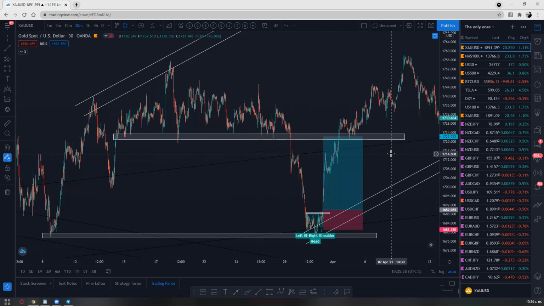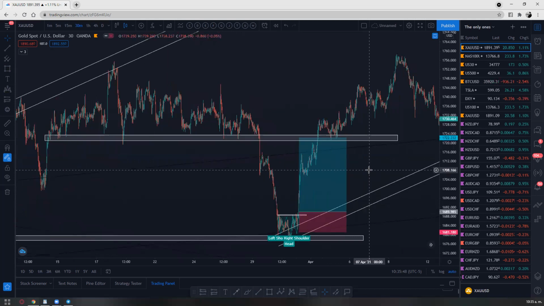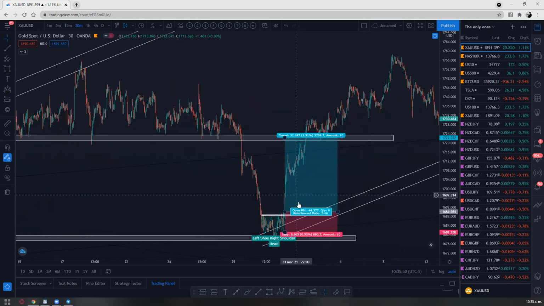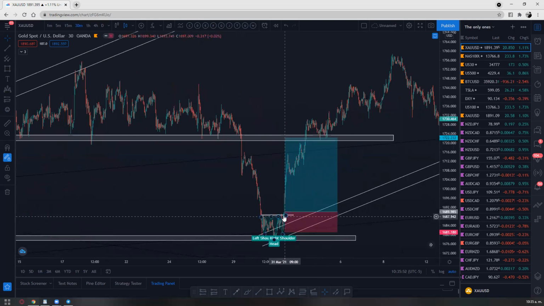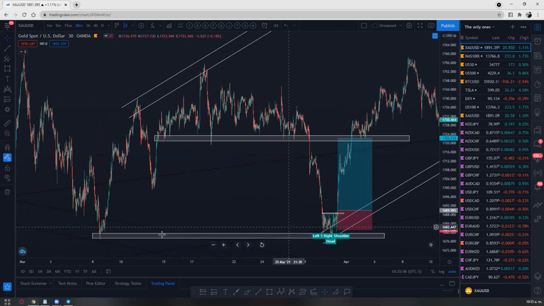I don't like to hold trades for that long. Usually on gold I do, because I know how gold moves, so I tend to hold my entries on gold a little bit more. On pairs, I don't like to hold them for that much. If you have that patience, you can do it. But this is how I would do it. I would do the entry right there, knowing that this was the second touch.